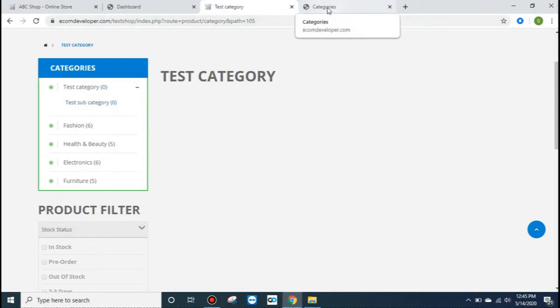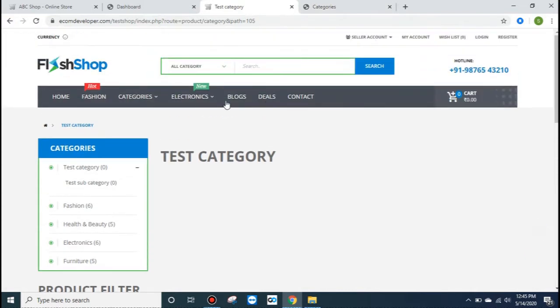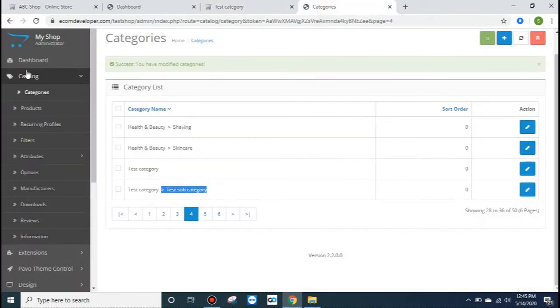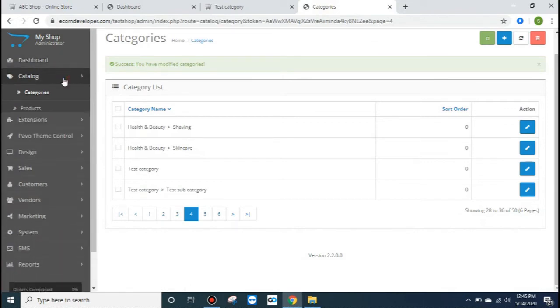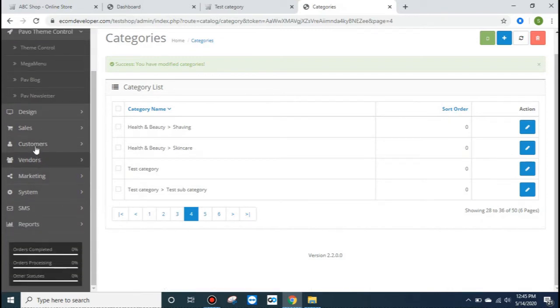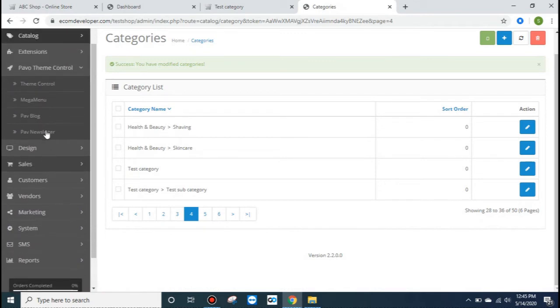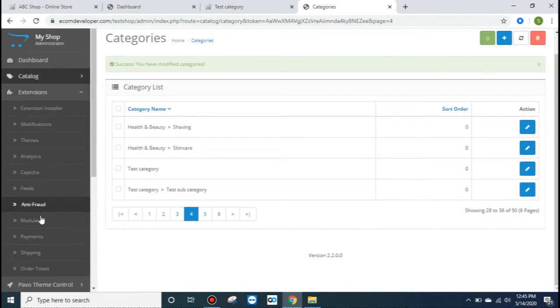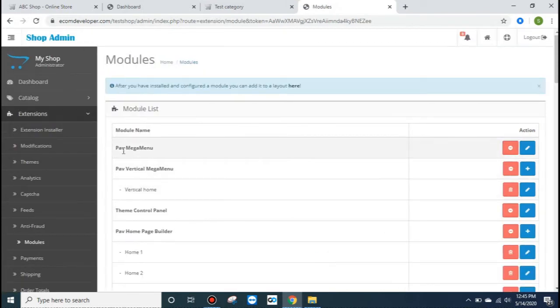Now we will learn how, after creating the categories and subcategories, we can create the menu in actual. So go to dashboard, here in theme control there is mega menu, or otherwise alternatively go to the extension, and in module you will find PAV mega menu.